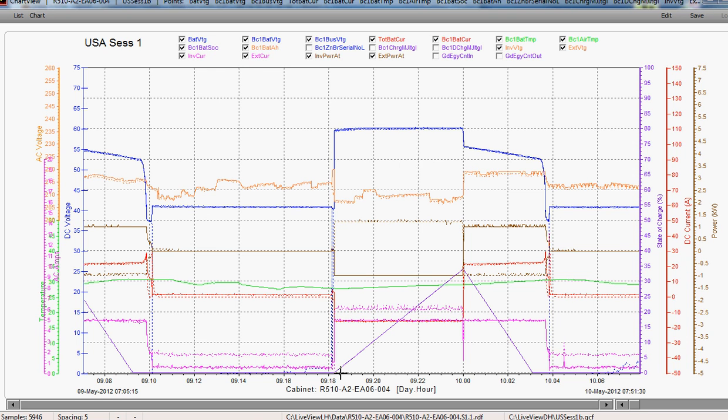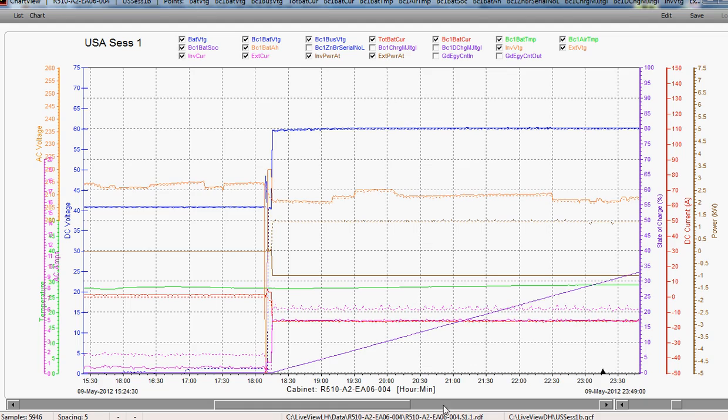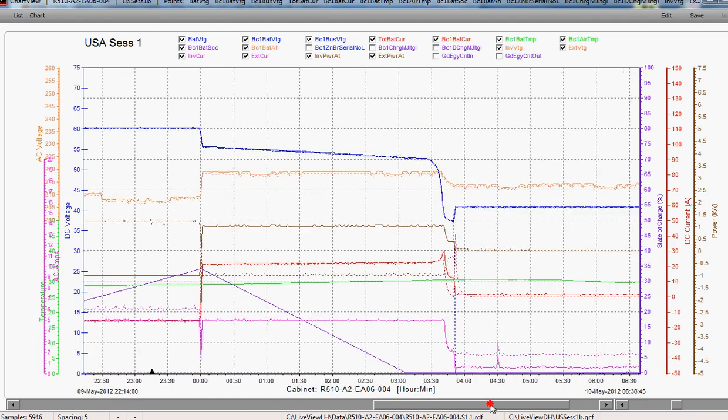This is the state of charge, so it's charged up from around 6 p.m. to midnight, and the state of charge is increased up to around 35%. If I want to see in more detail there, I can click and a little symbol comes up. I can then expand the display, spread it out, and scroll along here,